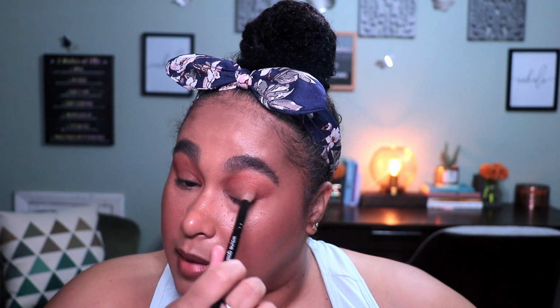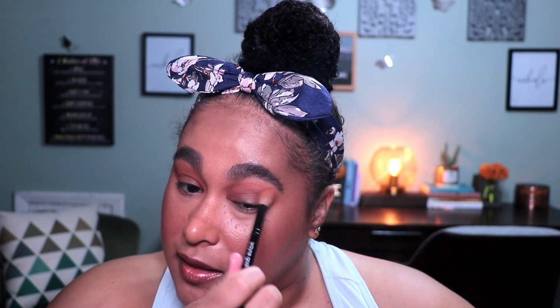They also haven't had a lot of shadow releases this year, considering, I mean, I know 2020 happened, but prior to that, they were really releasing on like a Colourpop schedule. So while they've had some cream bronzers, some liquid bronzers, they really haven't been in the shadow game. I don't know if this was supposed to originally launch last summer in 2020. I'm not quite sure. I wouldn't be surprised if that was the case because of the color layout,